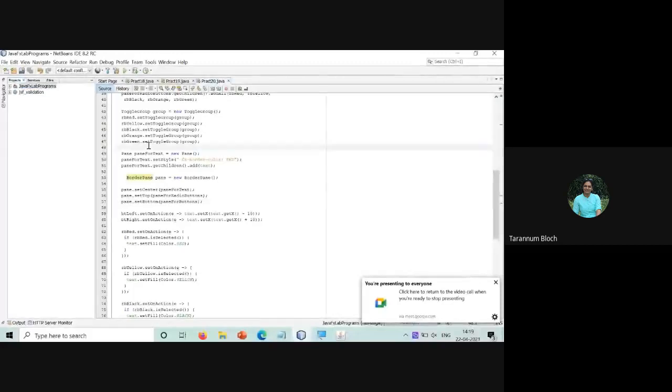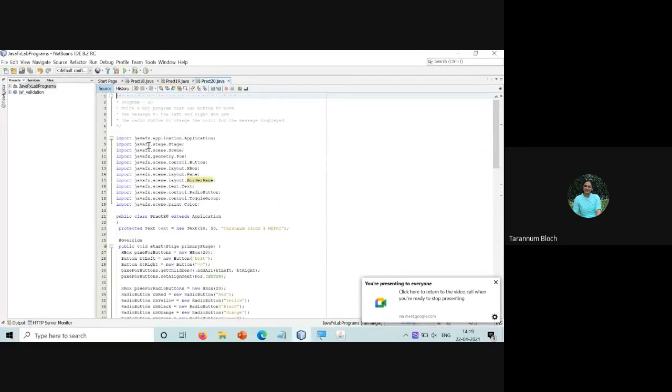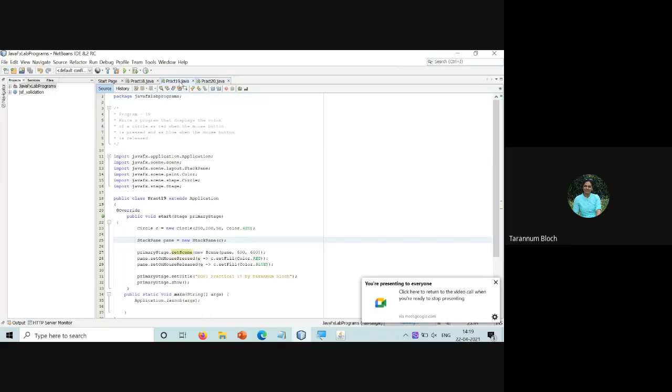And if you recall in the circle example, we said when we want to use the circle, we have to import javafx.scene.shape.Circle.